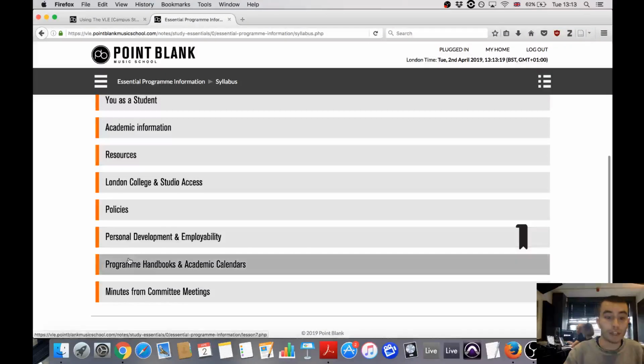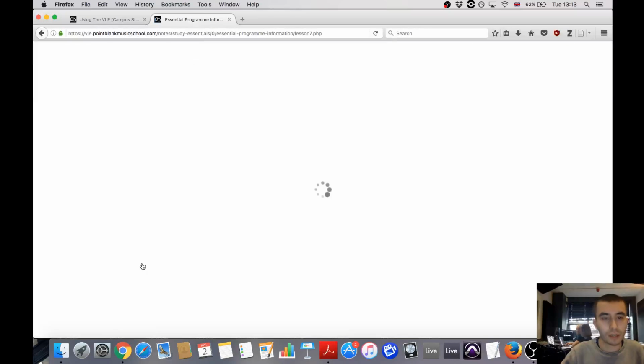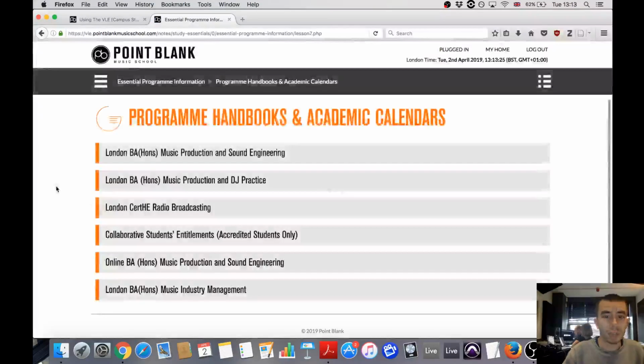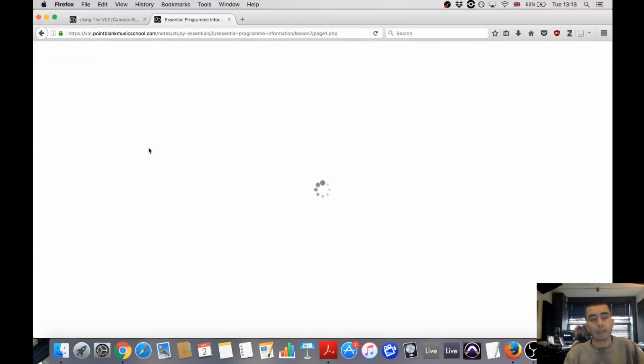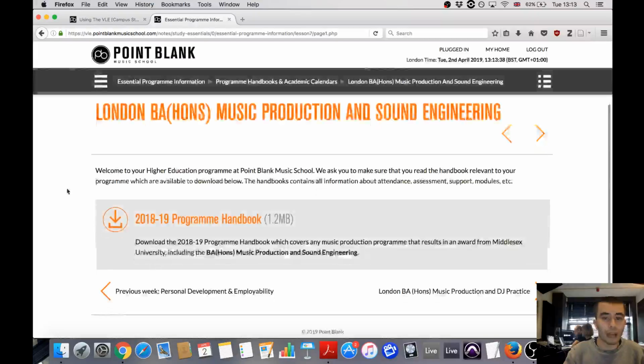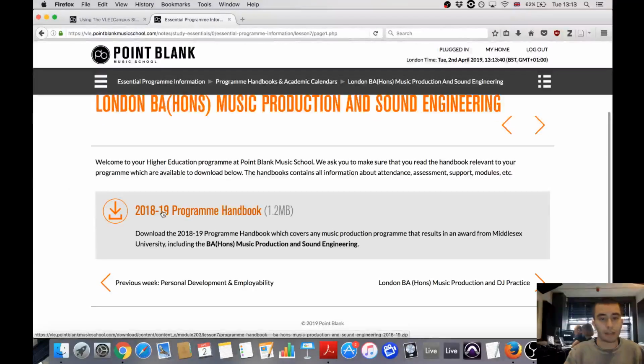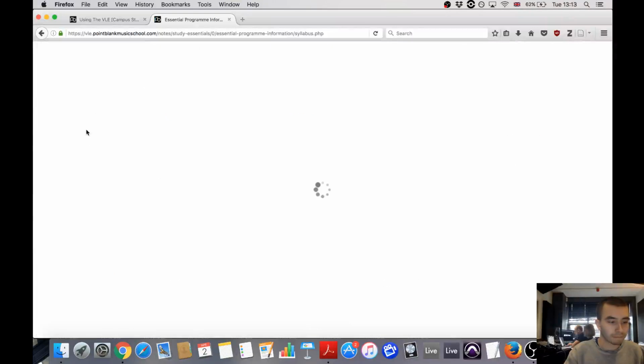A couple of things to check out. We'll just look at these bottom two items on the menu. Program handbooks, depending on what you're studying, this is definitely worth checking out. For example, if you're studying our BA degree, the program handbook has information on all the modules in there, and you can download that. 2018-19, the most up-to-date one, you can download from here. Probably a good resource to have tucked away that you can reference as and when you need.